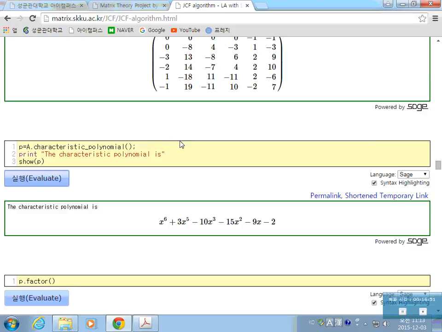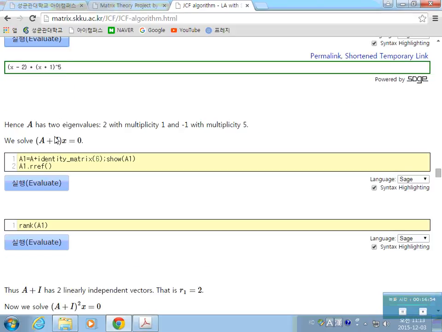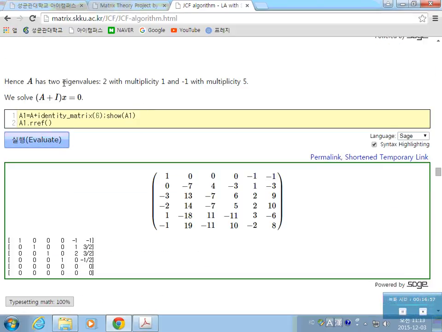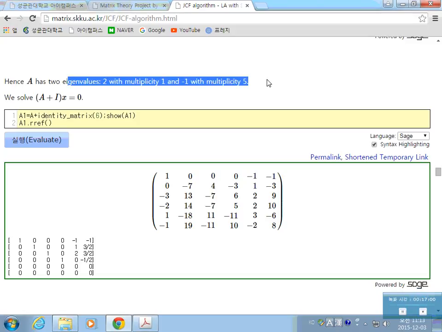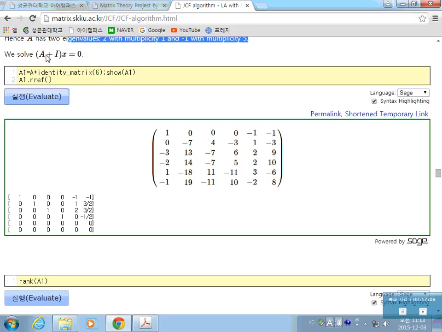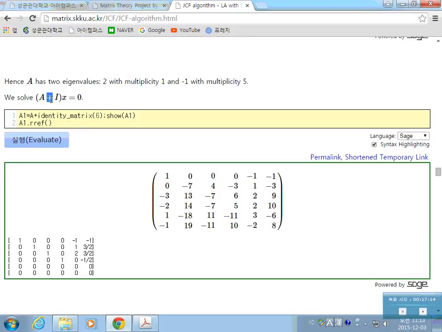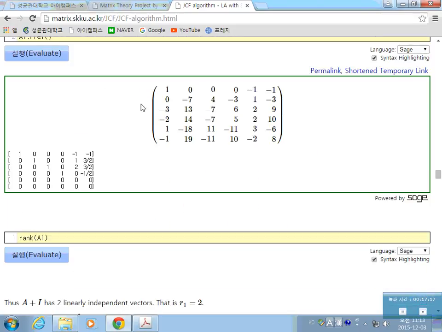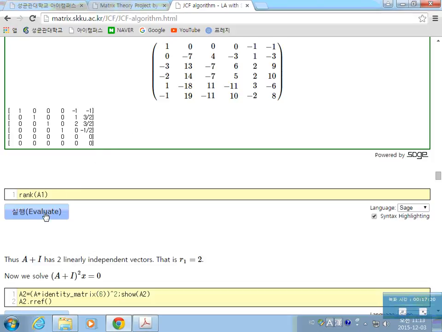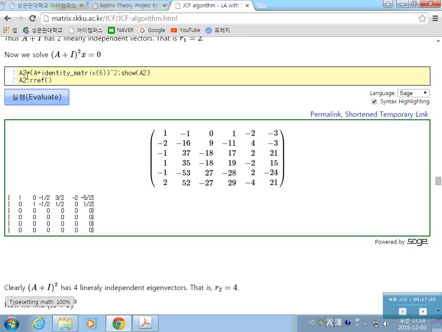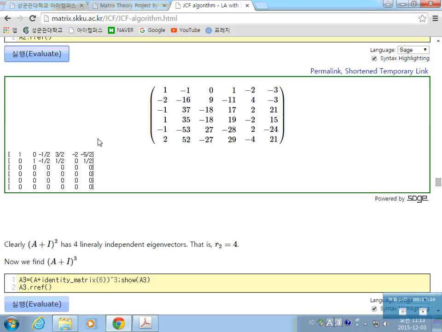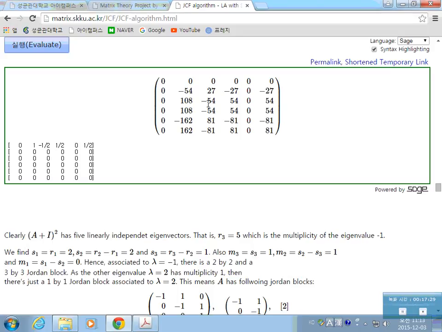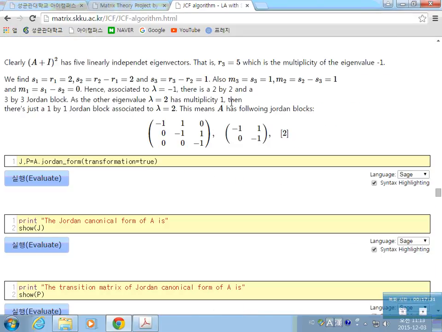This characteristic polynomial is this. The factorization is this, and so we have 2 eigenvalues with their algebraic multiplicities. Then find the eigenvalue of this. This is a minus, not plus, and the eigenvalue is i, so this is different. Anyway, do the same computation and find the rank of it, and find R1, R2, and R3. We continue the same computation as what we did.